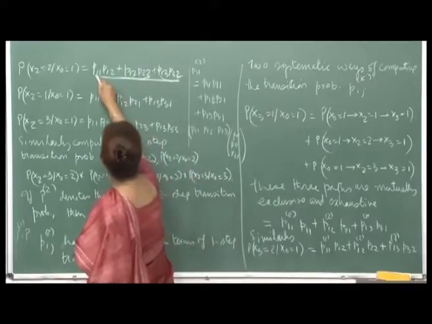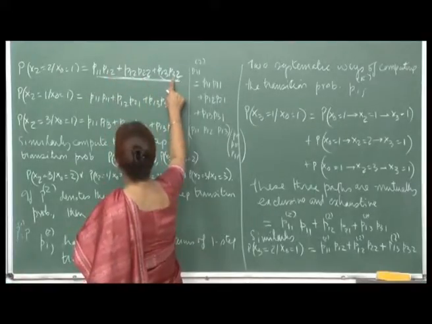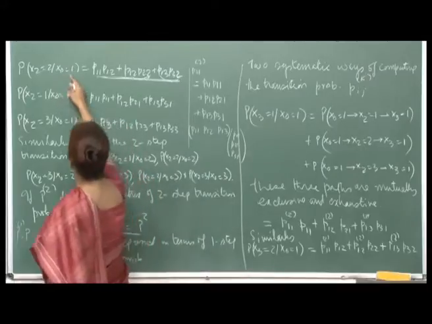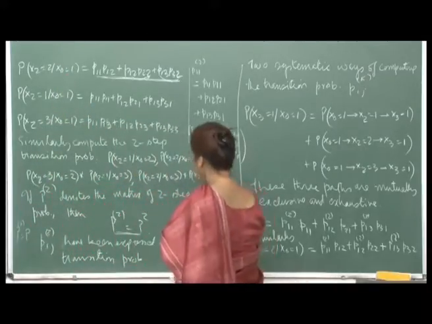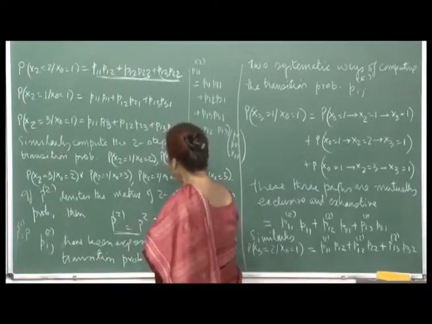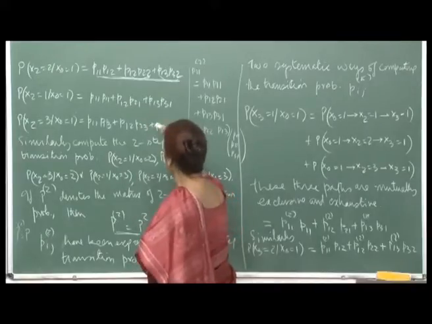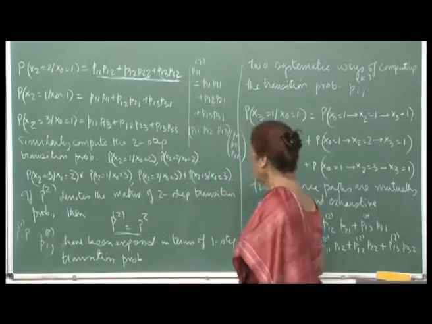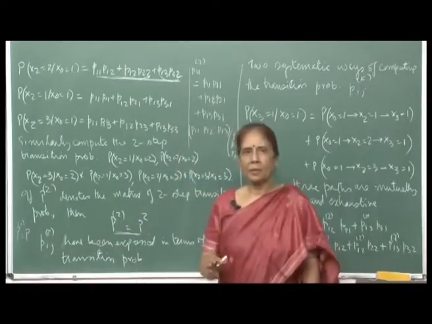For example, this is the first row p_{11}, p_{12}, p_{13}, you are multiplying with the second column p_{12}, p_{22}, p_{32}, right. So, to get the entry 1 2, you are multiplying the first row of P with the second column of P, and therefore, you can just verify yourself quickly that P^2, the 2 step transition matrix, is nothing but the product